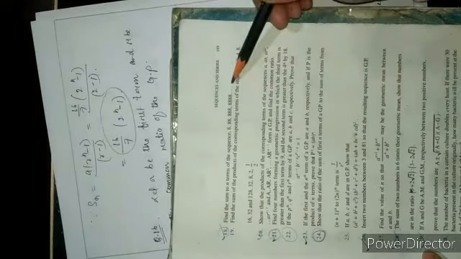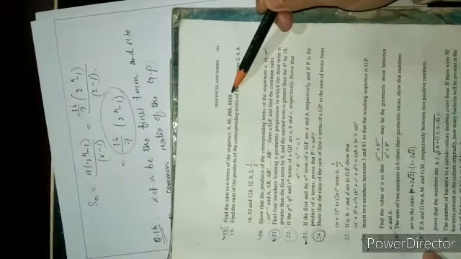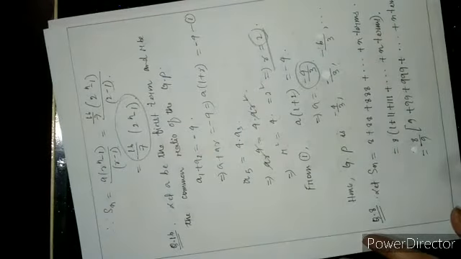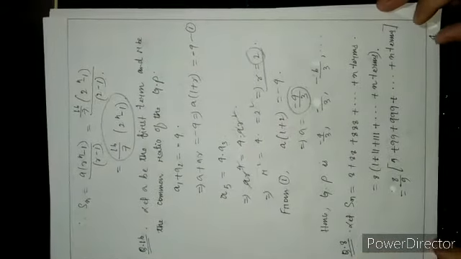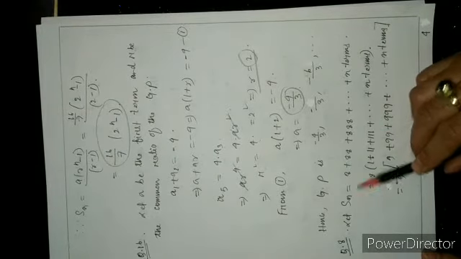Question number 18. Find the sum to n terms of the sequence 8, 88, 888, and so on. This series is neither an AP nor a GP, so we have to sum the sequence up to n terms. Let Sn denote the sum of